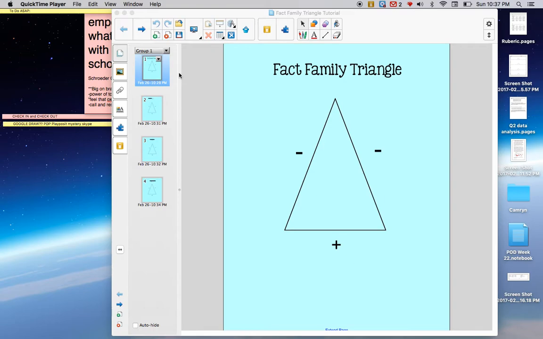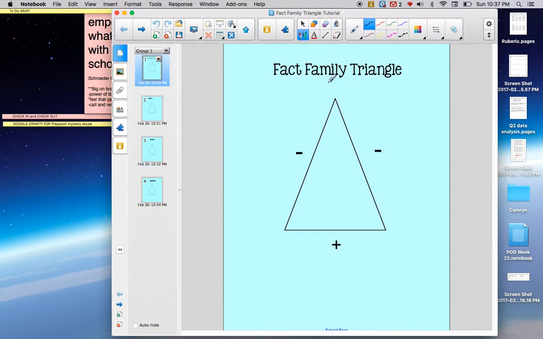You already know about fact family triangles. You definitely learned about it in first grade, and then again at the beginning of the year. This year, a lot of you learned about it as well. The way the fact family triangle works is that the biggest number always goes at the top of the triangle. So I will give you an example